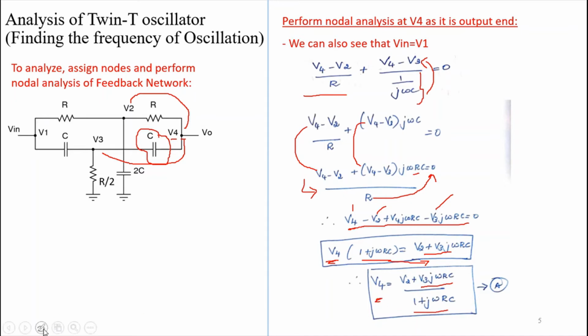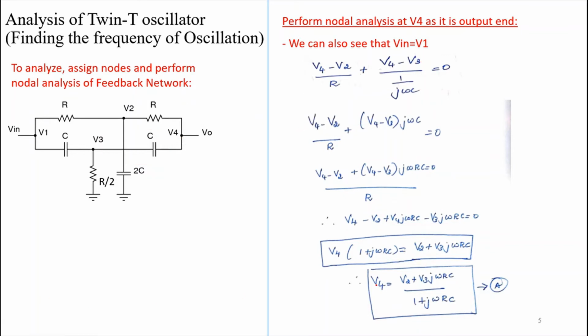Okay. So if you look at this entire equation, I need to find the value of V4 by V1, correct? But here I do not have V4 in terms of V1, I have it in terms of V2 and V3. Therefore, it becomes necessary for me to find the value of V2 and V3, then substitute the values of V2 and V3 in terms of V1, and then find the ratio of V4 by V1. So now the next step, we are going to find the value of V2 and V3.